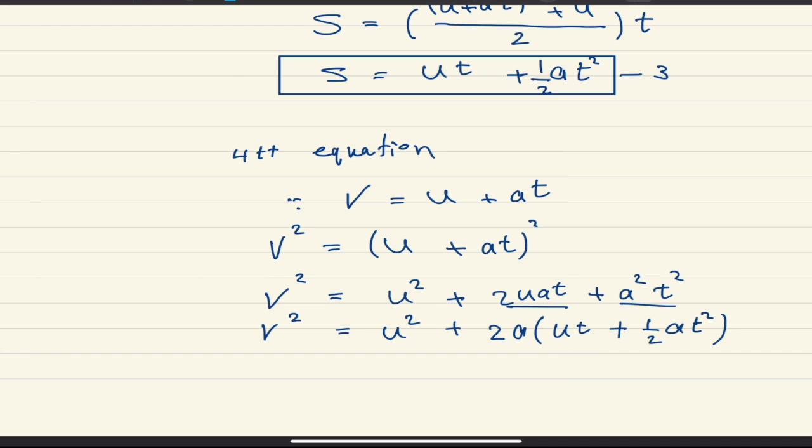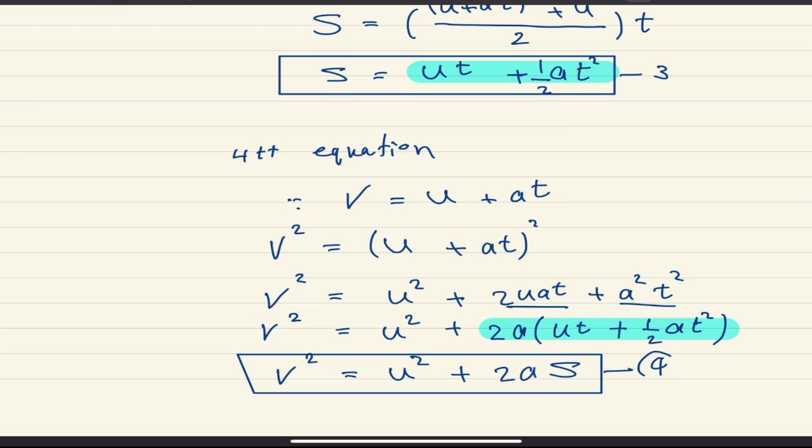As you see this part, it gives you the same value for the displacement in equation number 3. So I'm gonna substitute this bracket by s, I mean the displacement. So depending on that, mathematically, I have no doubts, I could write v square equals u square plus 2a, and instead of the entire bracket, we could write s. That was